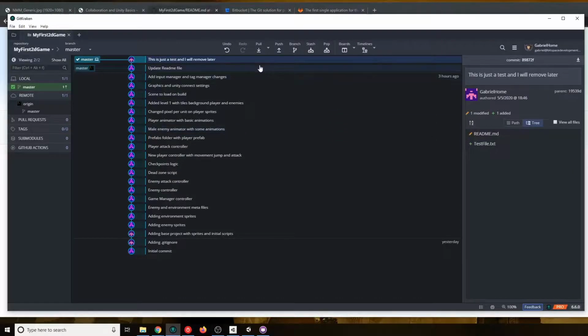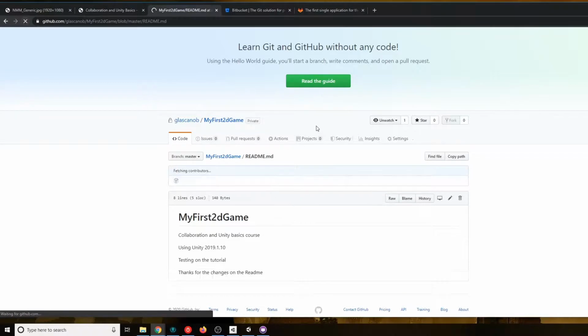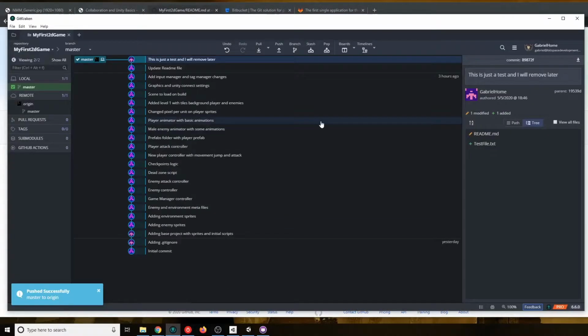conflict. Okay, so now that I'm sure that I did this and I want to commit it, I just have to hit push, and it will take some time and it will be there. And if I go back here, I will see my new line. Awesome. So now we know how we can pull, push, and basically work with Git. So that's the basic. If you know this, up to this point, you will be able to have version control of your software, and keep track of all your changes. And you can work with someone else because you know how to pull and push changes. Let's say, for example,